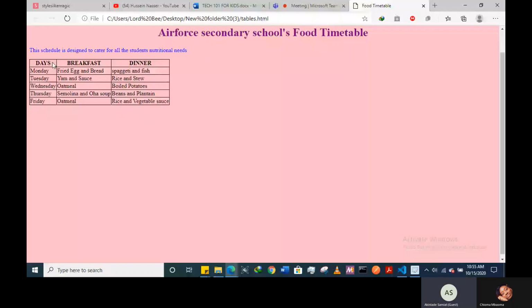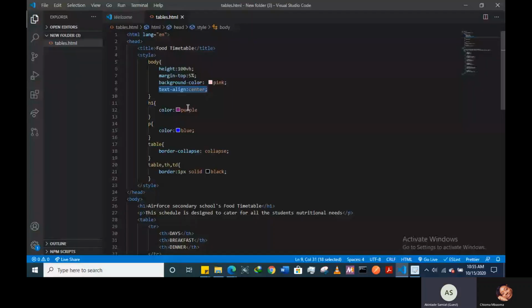So I asked you, do you know why I only had to set text align to center under body, and it affected both of them? It's because they are both text and they are inside the body. Each one is under body. P is under body. And then I styled the body, so any text that is under body, if I set another one like H3,